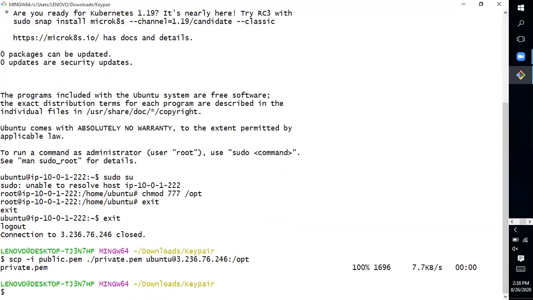Oh, perfect. Okay. So what I'm doing here, I am copying the private instance ka PEM file into the OPT folder by giving the public instance ka PEM file and the public IP address. Of course, if I want to do some operations in an instance, what is required? You need the PEM file and the public IP address, right? So I'm mentioning this public instance ka PEM file and public IP to copy the private instance ka PEM file into the OPT folder.